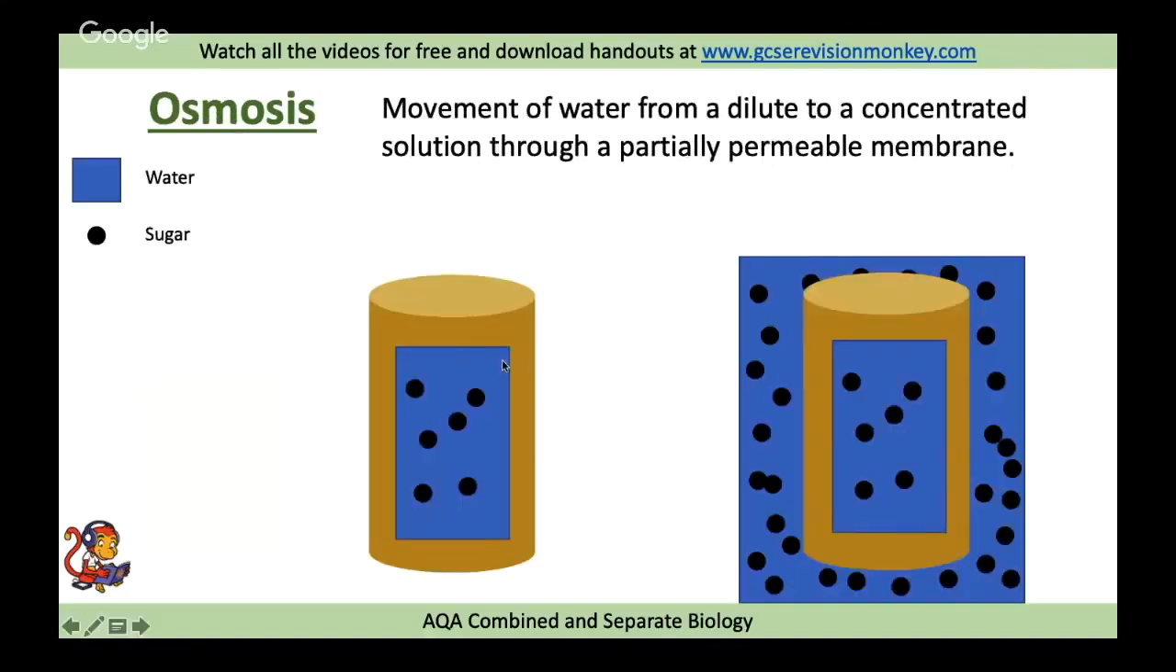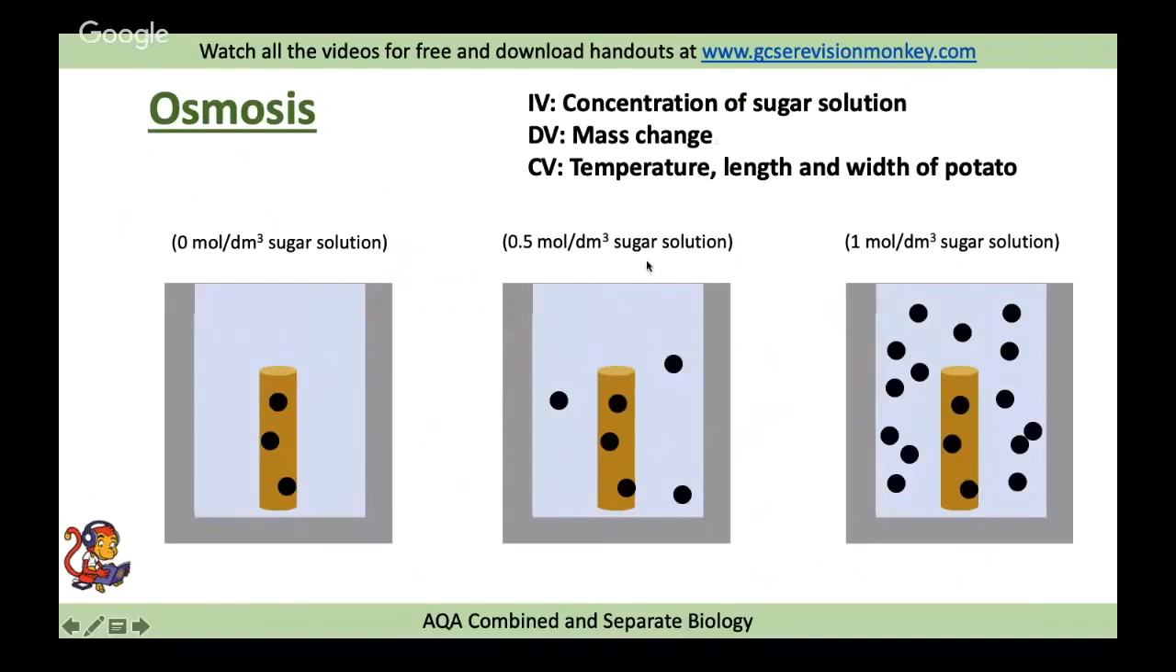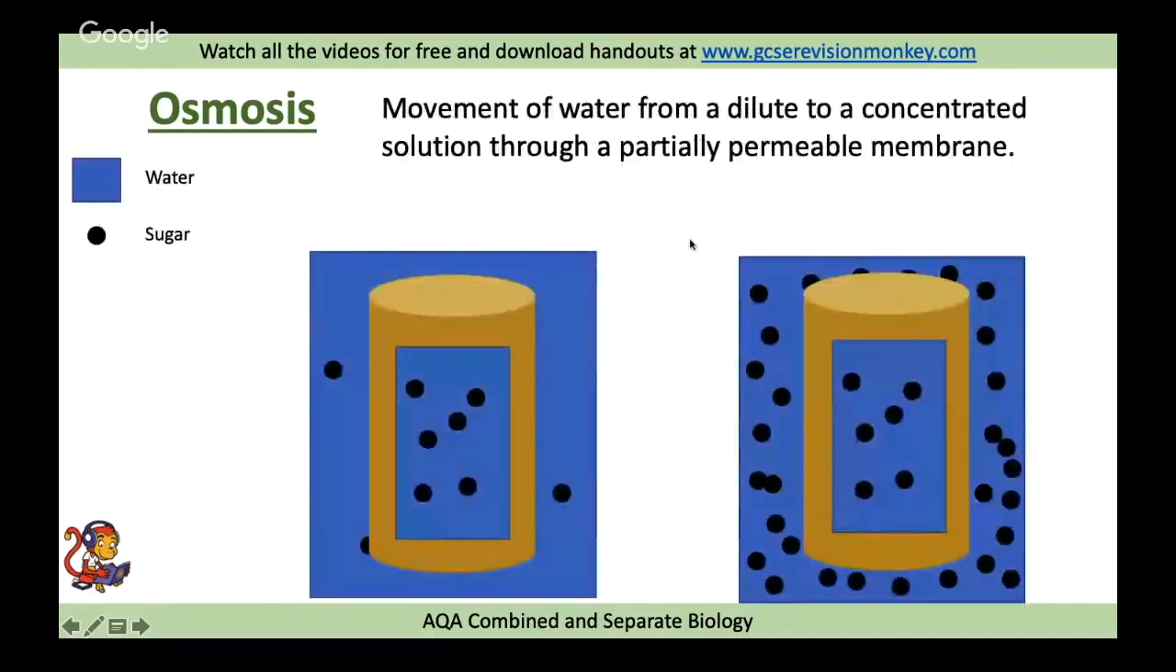Osmosis then, we'll talk a little bit about the content and then the required practical. So osmosis, this is the definition that confuses people. Movement of water from a dilute to a concentrated solution. This means from where there's lots of water, so a high concentration of water, to where there's not so much water, a low concentration of water. So you can use either definition in the exam, but they may well talk about it moving from a dilute